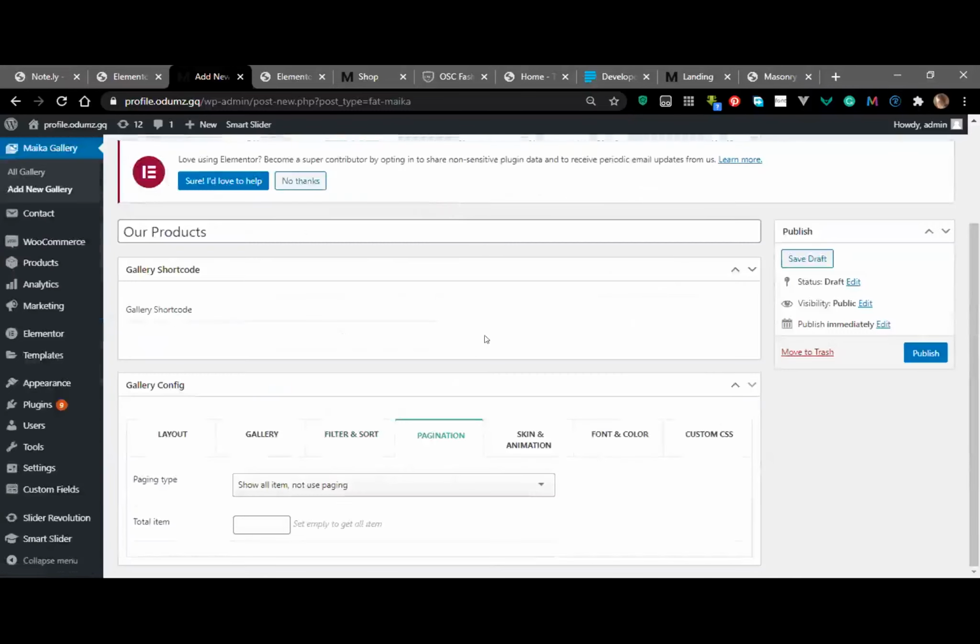Then pagination. This pagination means how does it display your products, like how many products on a particular page and whatnot. So this is saying show all items and not use pagination. You could use load more, and you could also use infinite. So this is auto load more when you scroll to the bottom. So if you have used apps like